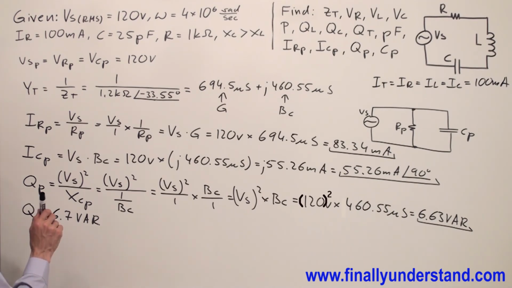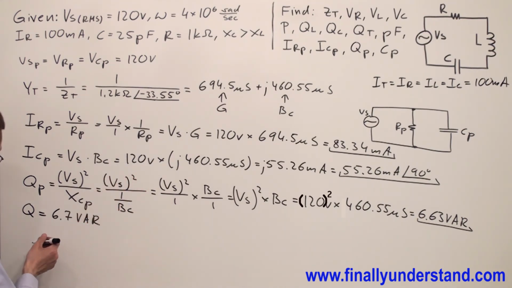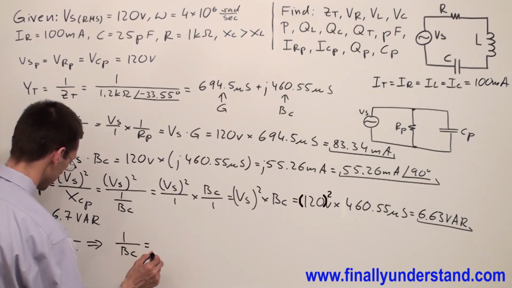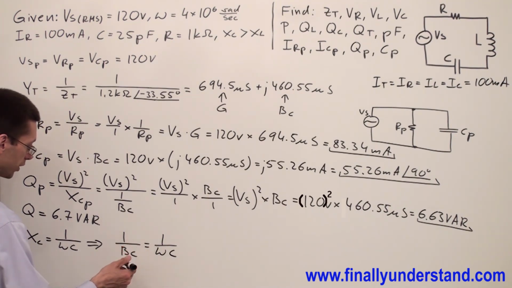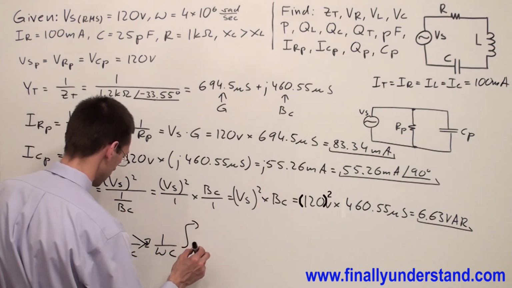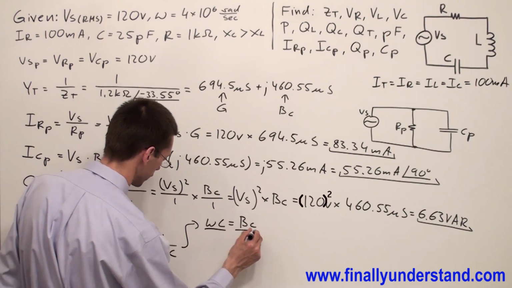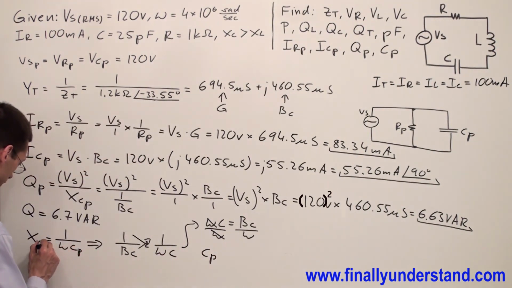Next, I'm supposed to find CP, the capacitance of the capacitor in my parallel equivalent circuit. In order to do so, I'm going to use the formula for capacitive reactance. X of C is equal to 1 over omega C. But again, we didn't find X of C. Instead of X of C, I can write 1 over BC equals 1 over omega C. In order to find C, we simply solve the proportion, and we get omega C equal to BC. To find C, I divide both sides of the equation by omega. Omega and omega cancel out, so I have CP, because of course we are talking about the parallel equivalent circuit,